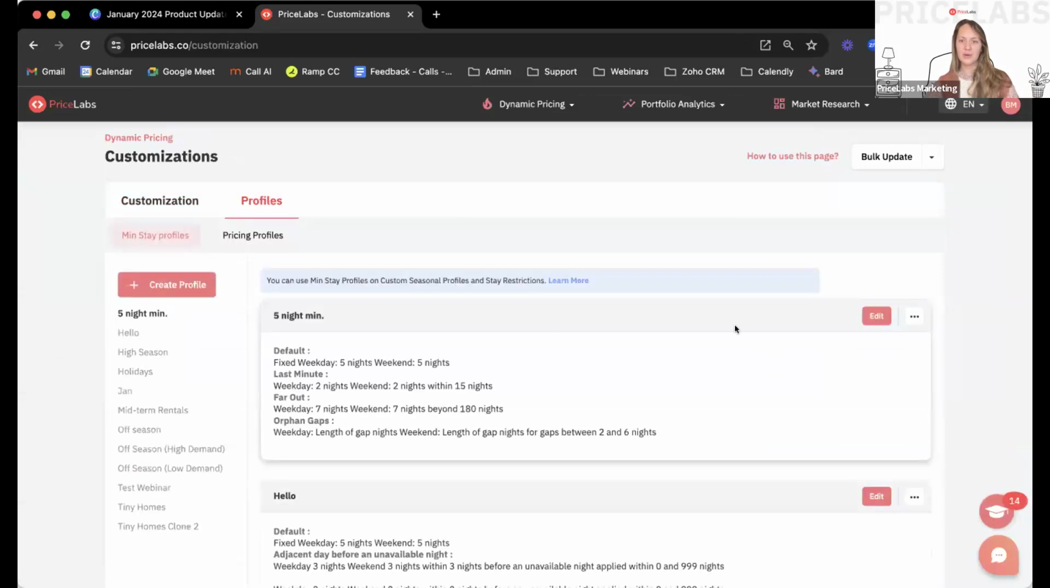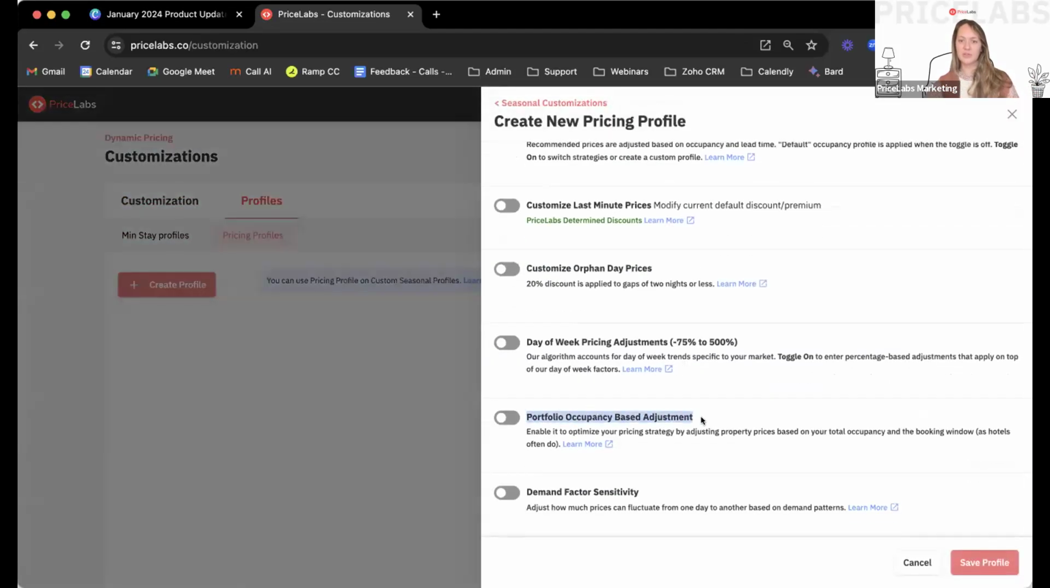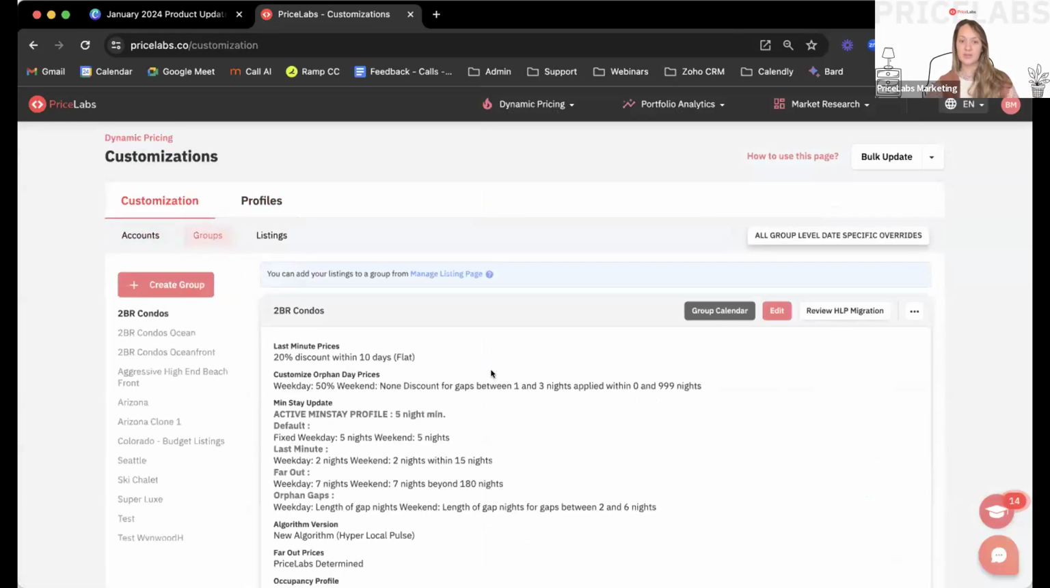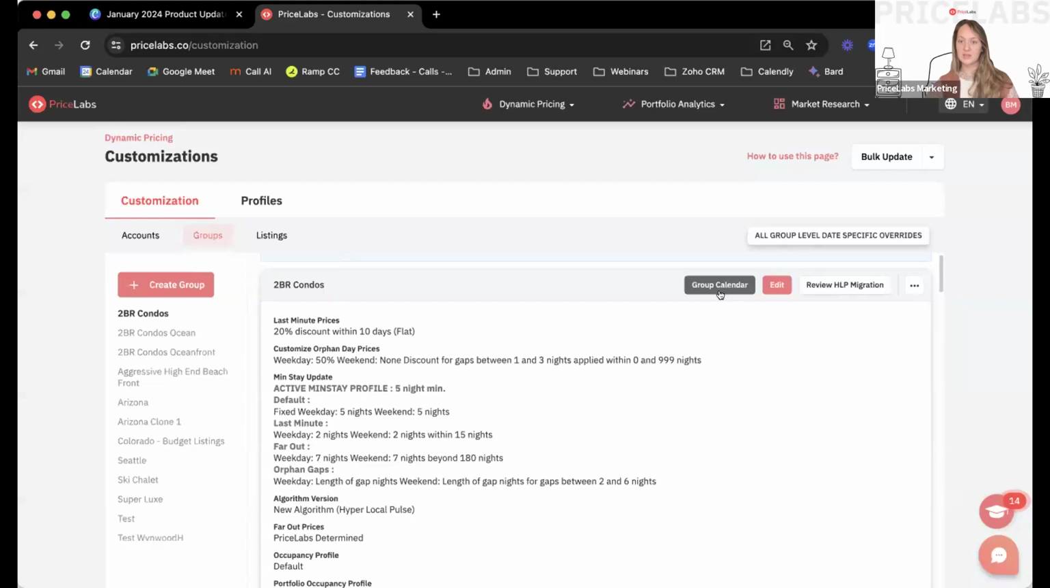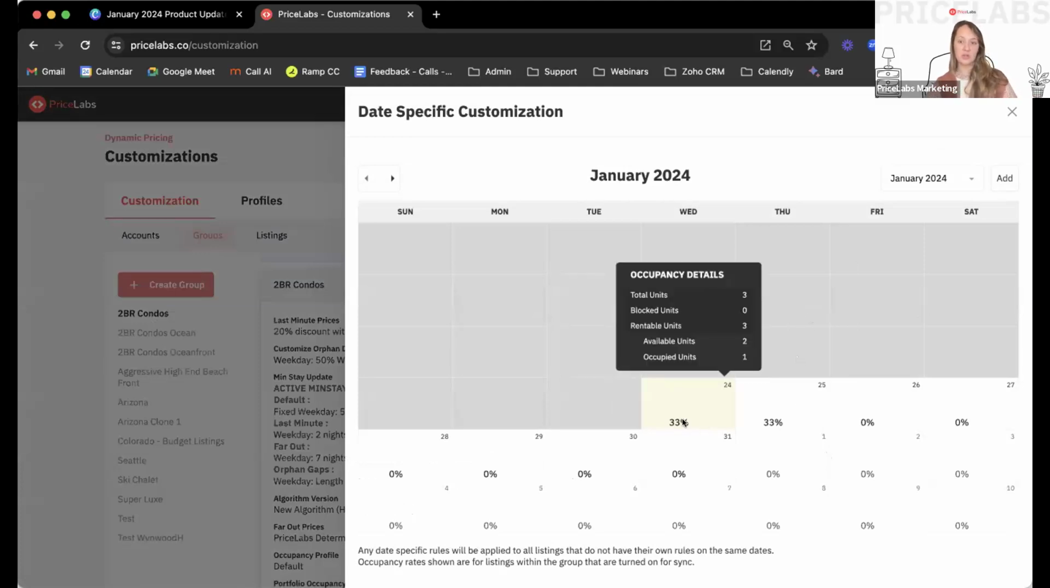I believe our pricing profiles do include it too. So this is something that you can also set seasonally. So this is called your portfolio occupancy-based adjustment. Now, I'm going to show you at the group calendar because I think it makes a little bit of sense to look here. So essentially what I'm showing you here is I have 3 units in this group, and